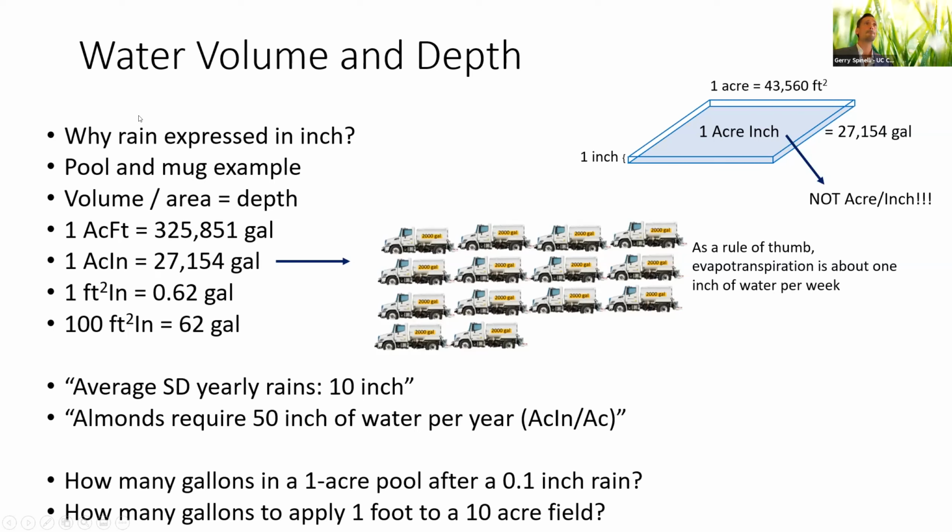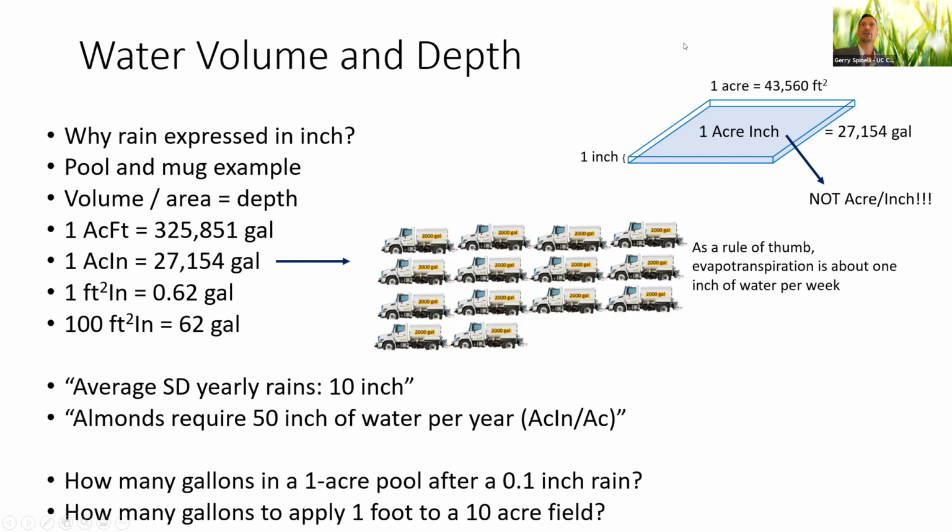So why, when we talk about rain and when we talk about evapotranspiration, do we use inches, like depth? This was the thing that used to confuse me as a kid, because then I would hear in the news the weather person saying, "Oh, we're going to get 1 inch of rain," and I was thinking, well, how can you get 1 inch of rain? How can you measure rain in depth?